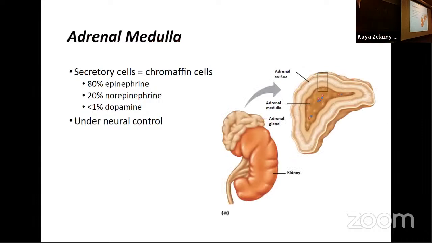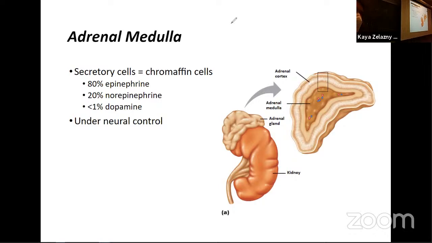We don't want to forget about the inside of the adrenal gland. So the adrenal medulla is that central part. A cortex is always the outer layer of something. The medulla really just means the middle of something. Okay, so we remember that the medulla, or the inside, was one of the places we had our sympathetic